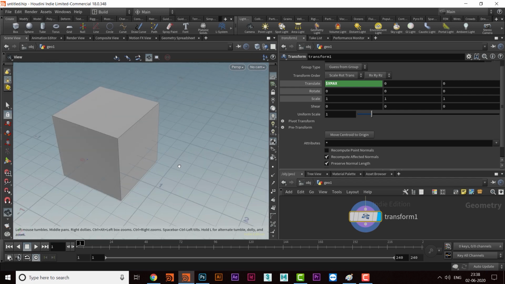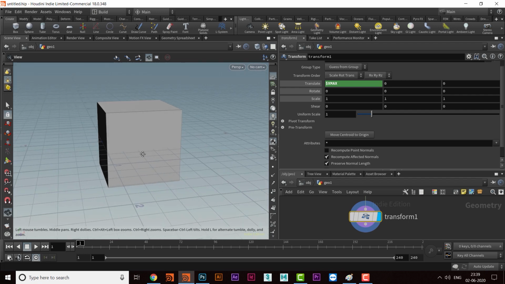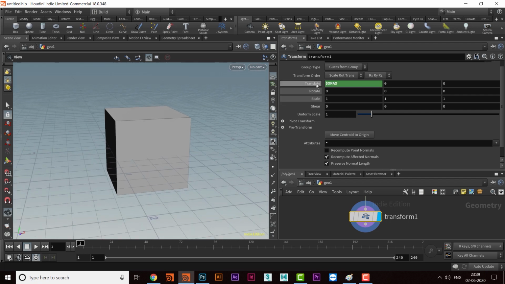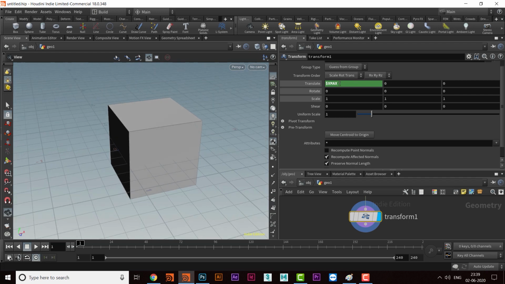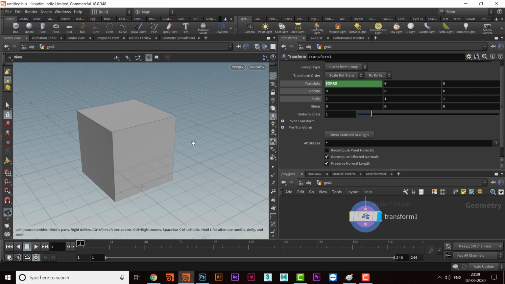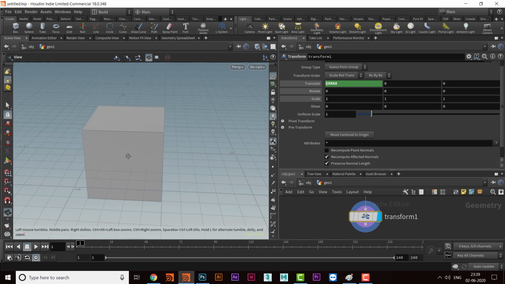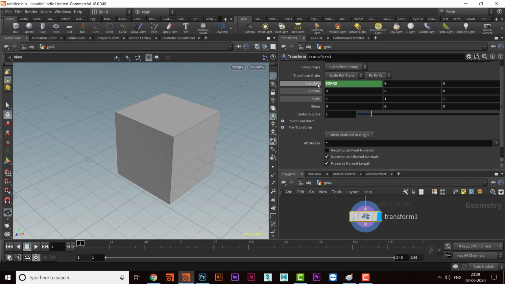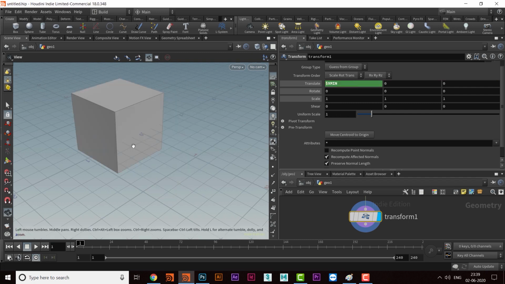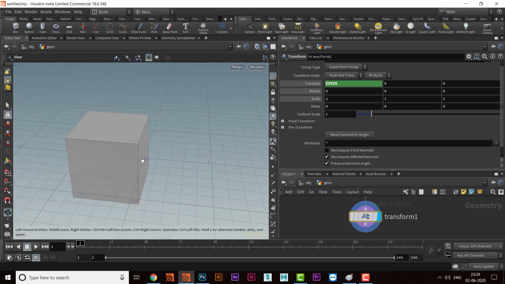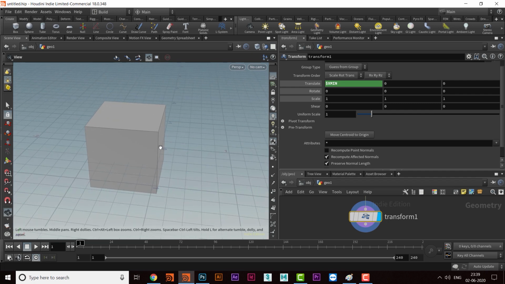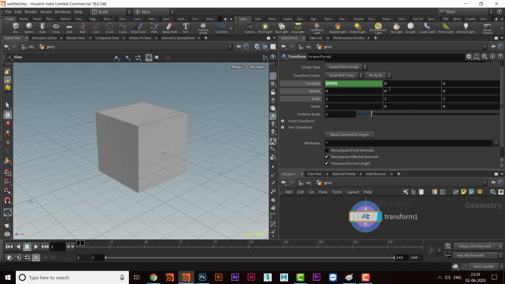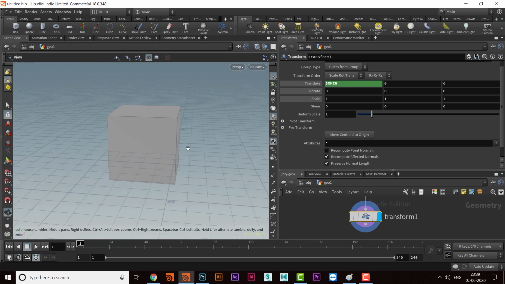Okay, so now it has moved to the maximum value of x. And now if I want to do x min, then that will move to the minimum value, like here this is the minimum value and this is the maximum value. So now if I do minimum, this will move to the minimum value. Check here, towards the other side of origin. The same thing will happen in the case of y and z also. Okay, so that is translation.